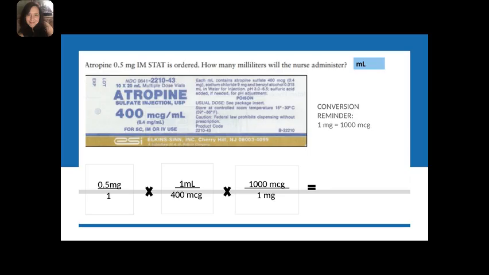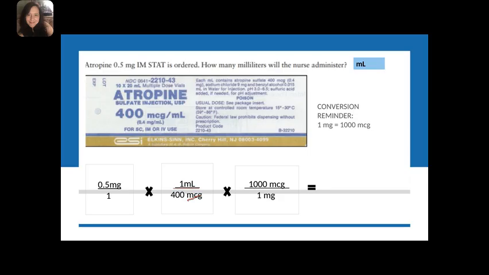So again, I'm going to work with this 400 micrograms per mil. That's important for me because I know mils is what I'm trying to solve for, my factor label. So that's going to be important. To have this, we would need to make sure that would be in the numerator. So I'm going to apply that in this fraction with 1 mil in the numerator over 400 micrograms. Now, as we know, and we talked about, this is great that we have the mils here, but I don't want any of these other factor labels. So in order to take care of removing those, I have to use the principles of canceling, and then particularly